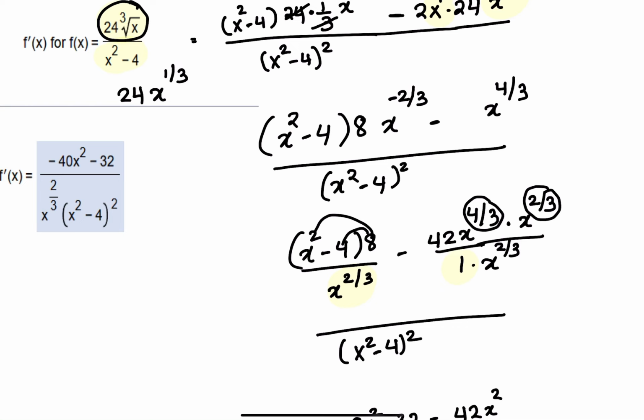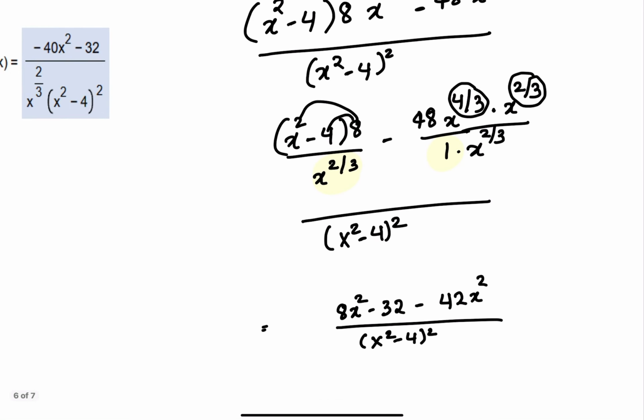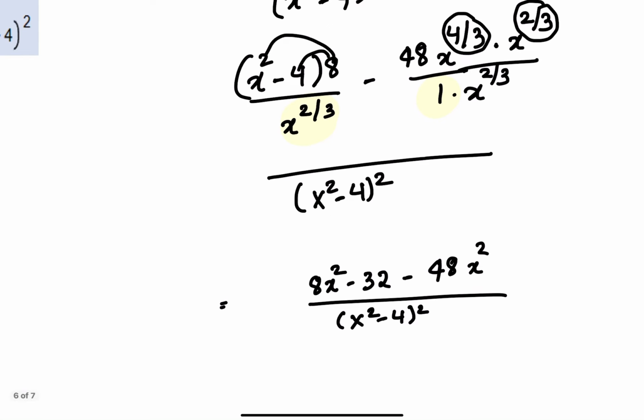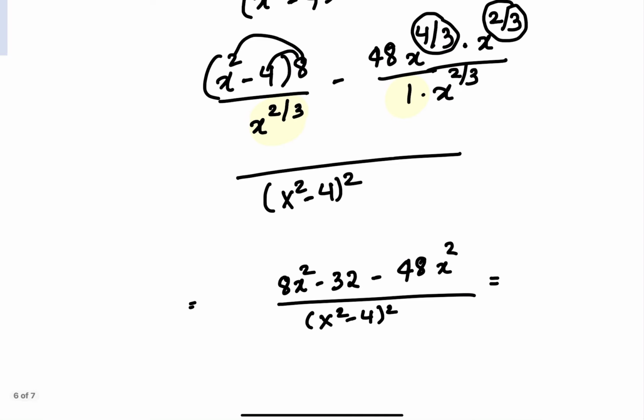So this is 24 times, everything stays the same except this becomes a 48, this becomes a 48. And now this also becomes a 48. Okay, so the only thing that changed is the multiplication. Everything stays the same. Now I have 8x squared minus 32 minus 48x squared. And when I simplify this further, I have negative, the whole thing